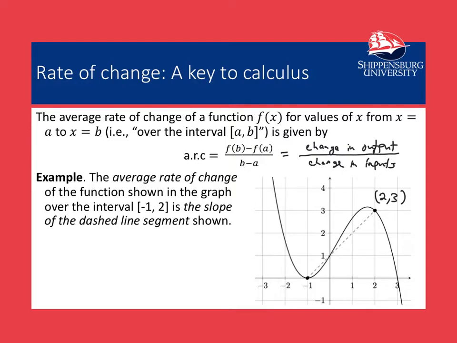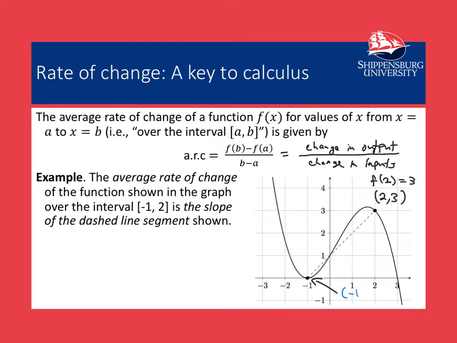So when I identify that the point (2, 3) is on the graph, that means, from a function point of view, that f with an input of 2 has an output of 3. And notice I don't need to have an algebra formula for f to know that. Just because that dot is on the curve and has coordinates (2, 3), that tells me f(2) = 3. And similarly, the point down here